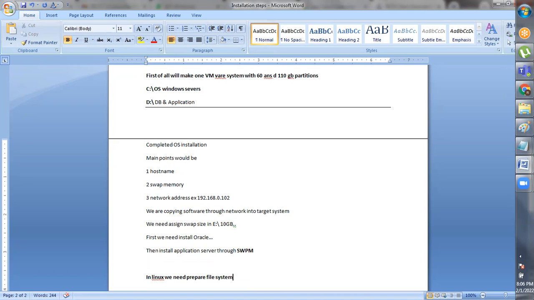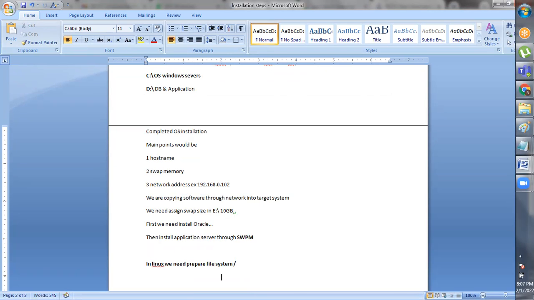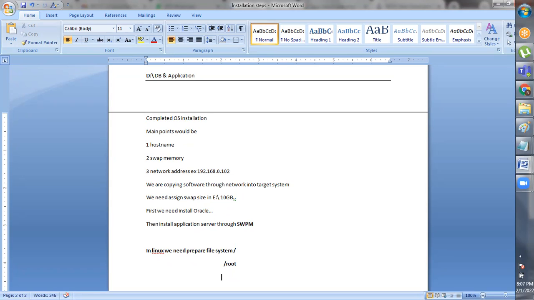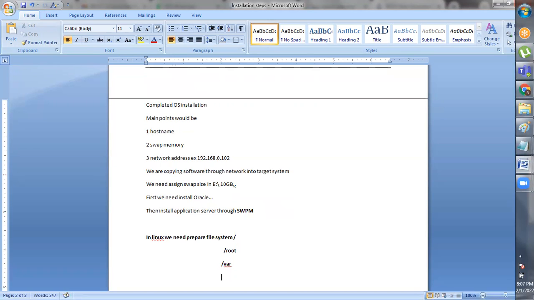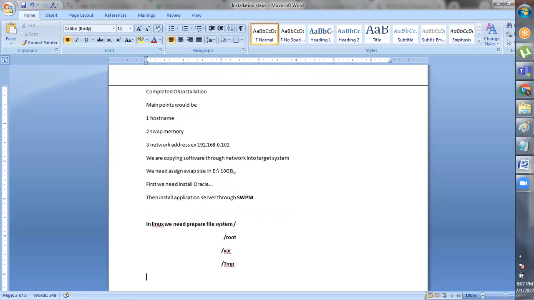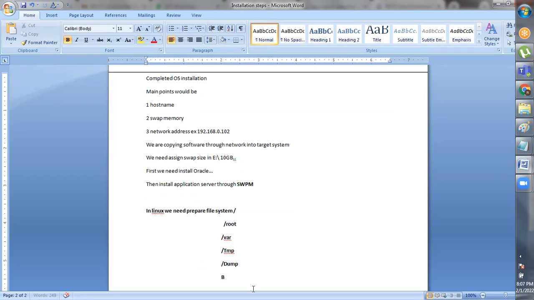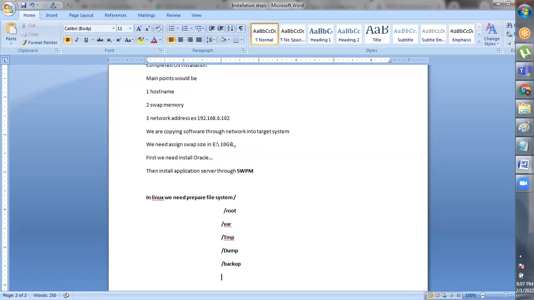In Linux, we need to prepare a file system. One is slash, root, var, tmp, dump, backup, SAP data 1 to SAP data 5 layout folders.